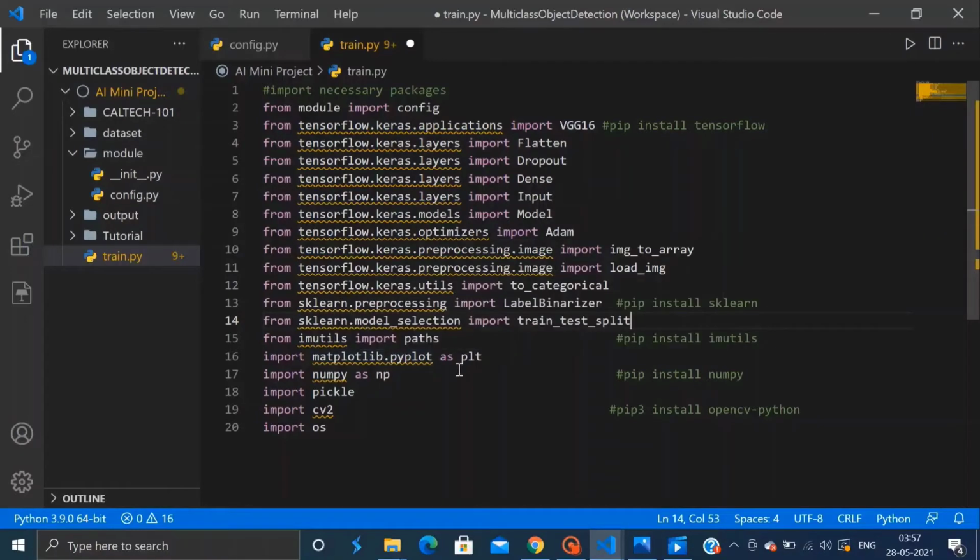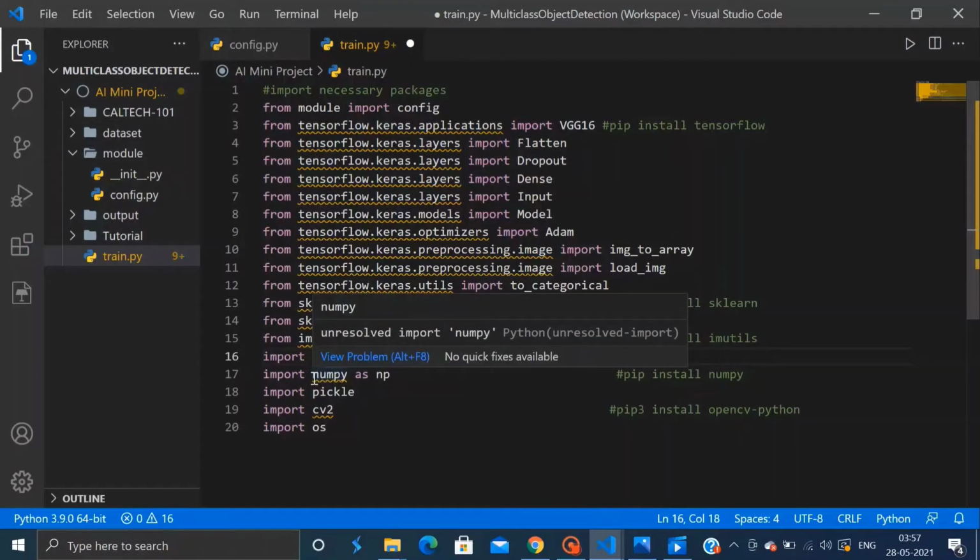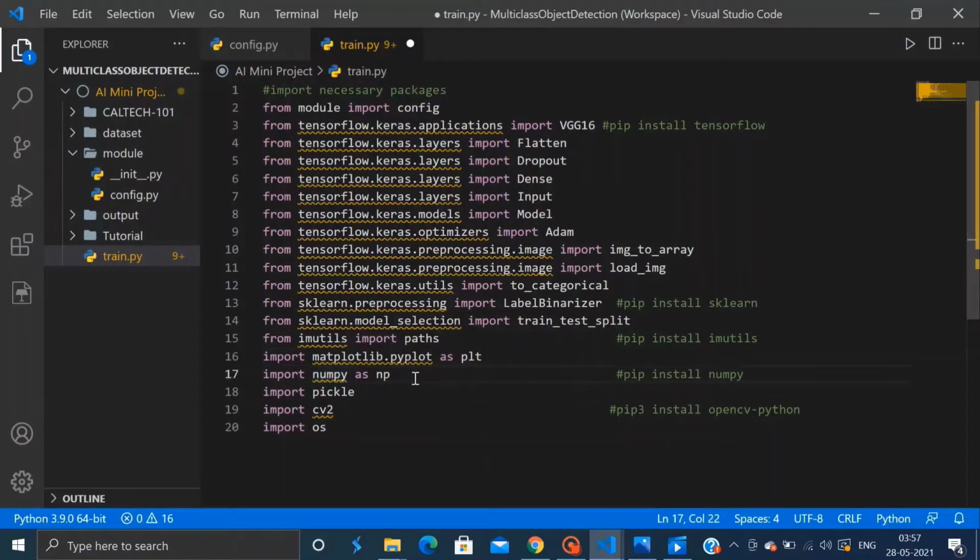And it is followed by the paths from the imutils library for grabbing image file paths from a directory of our choice. Then we have matplotlib, which is Python's de facto plotting package, followed by numpy, which is a standard numerical processing library. To install numpy, you can run the command pip install numpy.